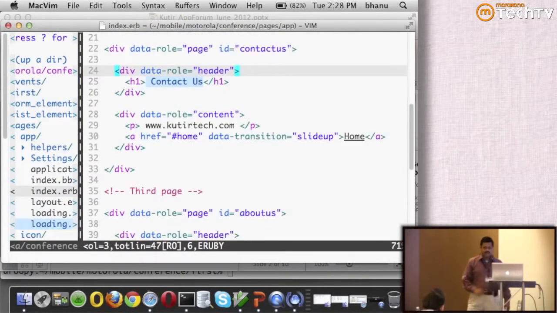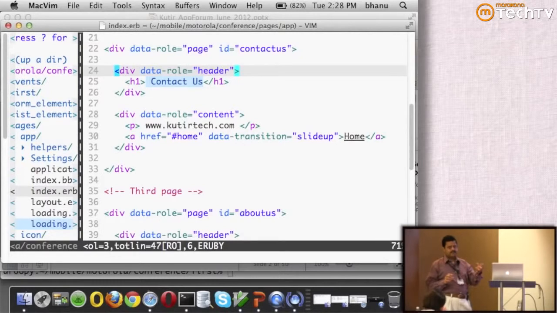So, I did not have to include the second page within the same file, I could have done it in a separate file, but just to give you an idea of the point that I am trying to drive here: even though you have multiple pages, what jQuery mobile does is when you tap on a link, it does not actually replace the first page and load the second page, it just does a DOM replacement.